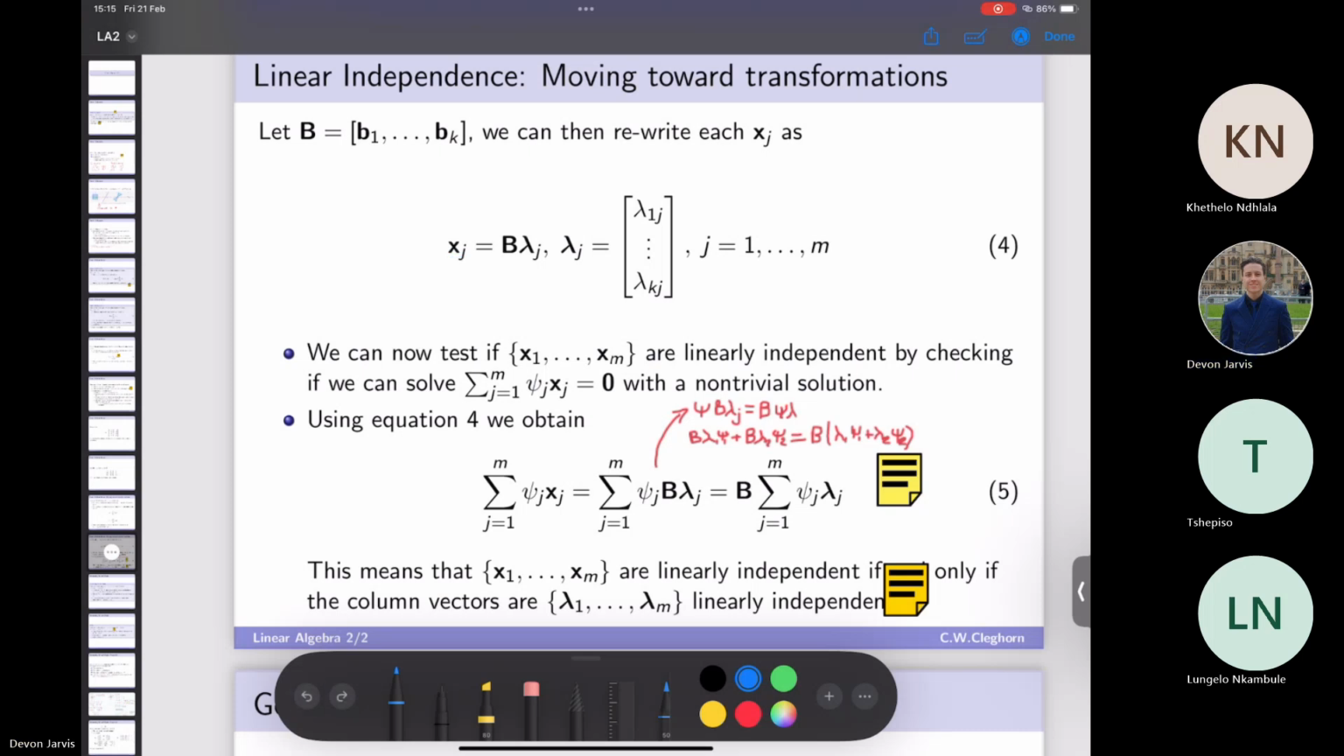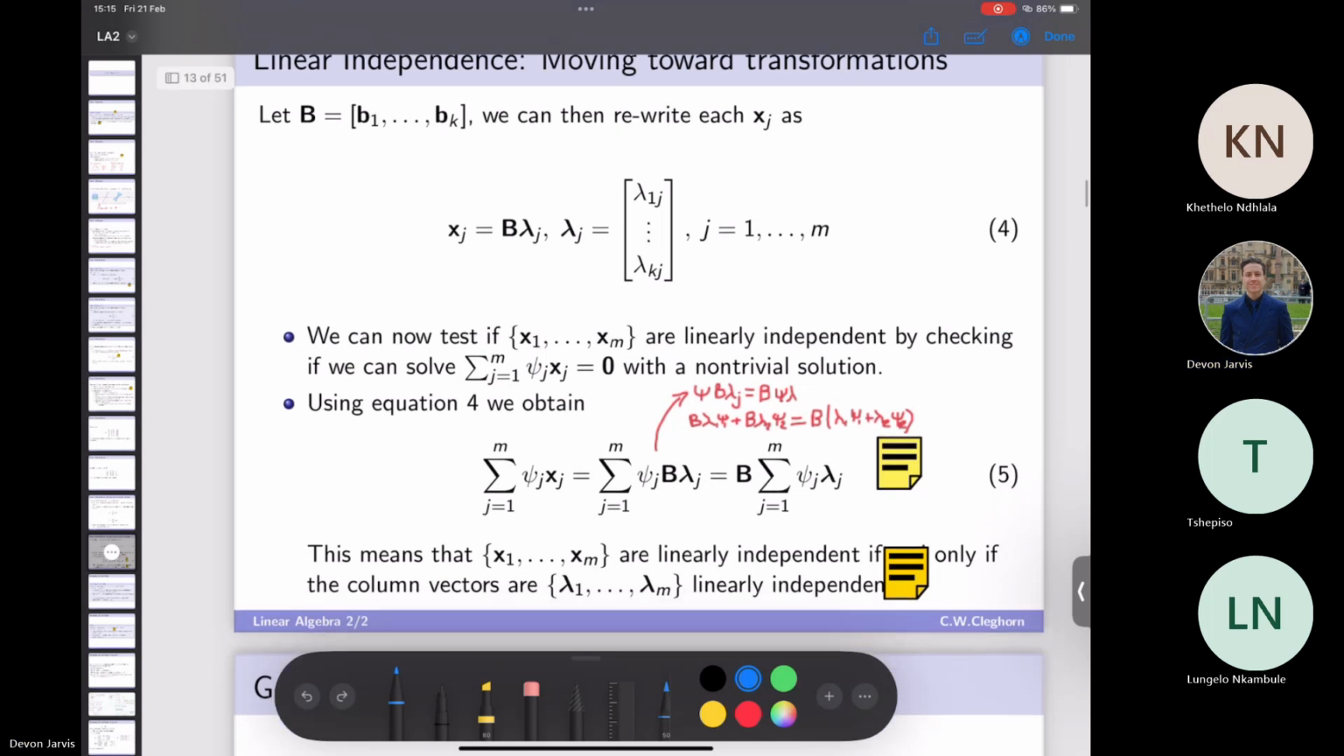All right. The term that we're going to come to is that these lambdas are a coordinate, right? And the b's, as you can imagine, are the bases. And so now we can test if the x's are linearly independent by checking whether or not we can solve this equation, right? And again, that's the definition of linear independence. So if we say, are they linearly independent, you're going to start with what you know, all right? I am checking this fact over here,